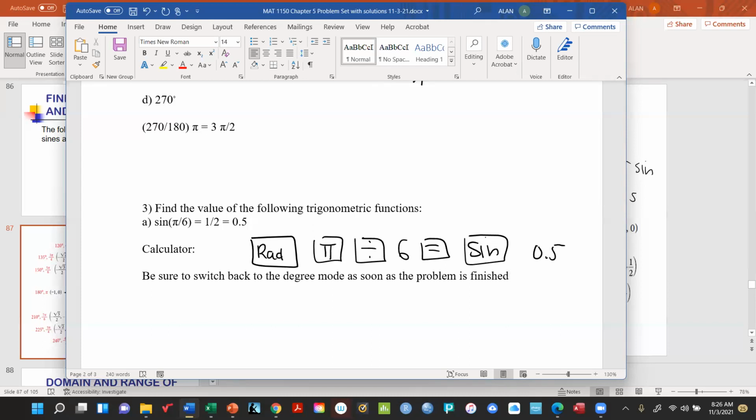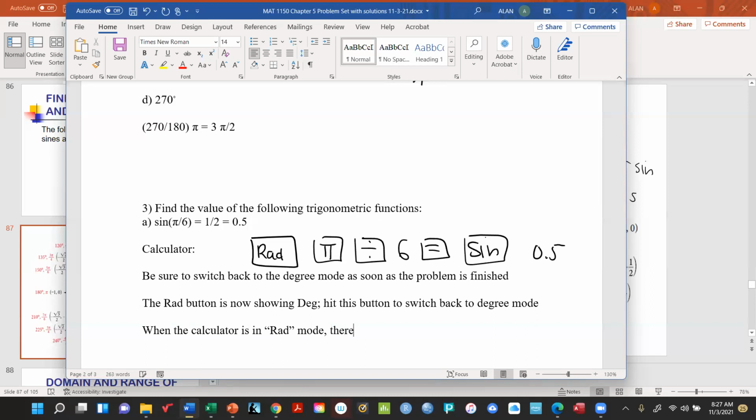And by the way, to switch it back, if you notice in the bottom left-hand corner, the rad button, so to speak, is now showing degree or deg. Hit this button to switch back to degree mode. Okay, so when you hit that, now another thing I want to point out, when the calculator is in rad mode,